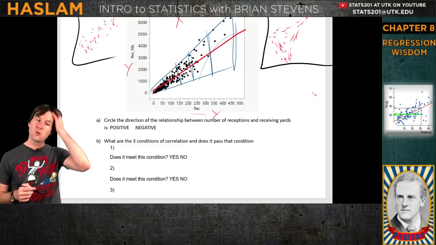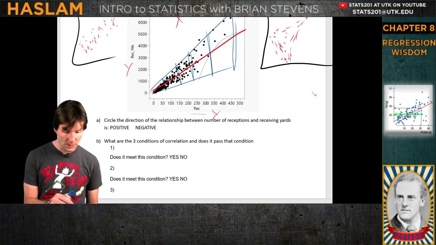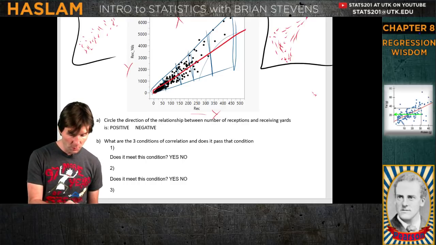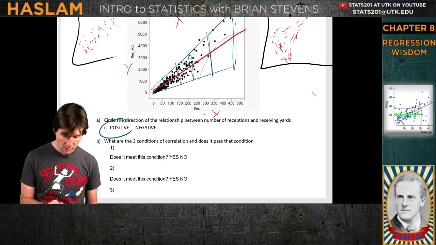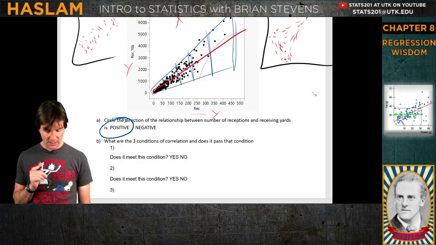So what I'm doing there is drawing the regression line in for us to see. That is the regression line. It's definitely positive. So we're going to go here and pretend we're marking in blue on our test. This is going to be a positive relationship in the data. So we got 2 points on the test.